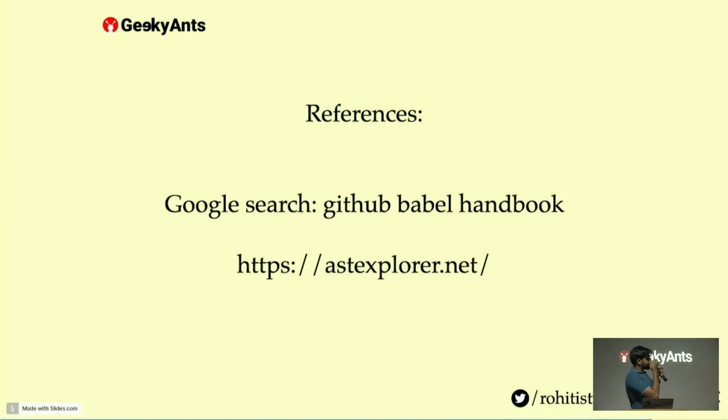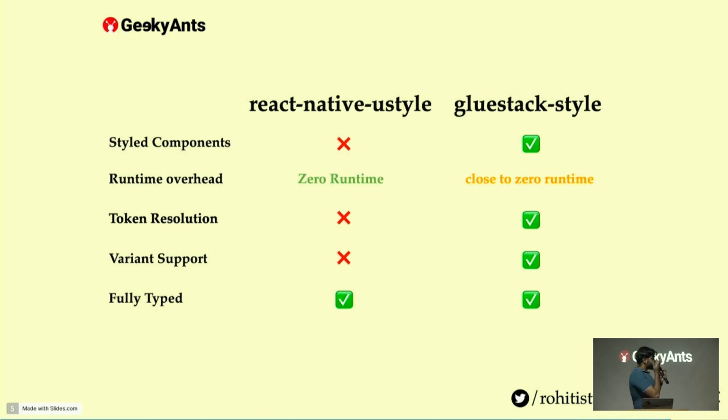And ASTExplorer.net, you can refer that for understanding the component tree, AST tree. And yeah, so quickly we'll compare React Native use style with GlueStack style, because it's the closest one to that. So the first and major thing that React Native use style doesn't even want to target is styled components. So GlueStack style provides you with styled components. If you pass a view, it returns a view with all the properties that you want to be attached and the styles to be attached. But that's not